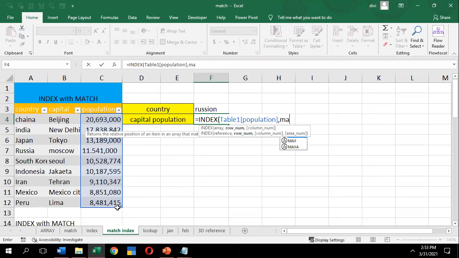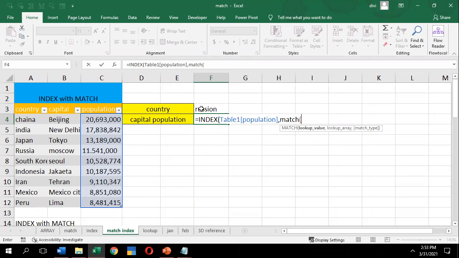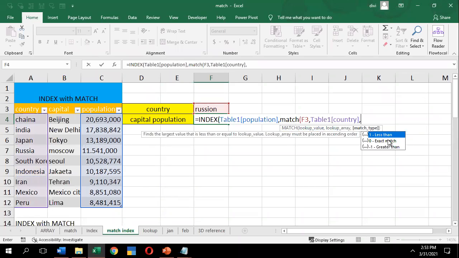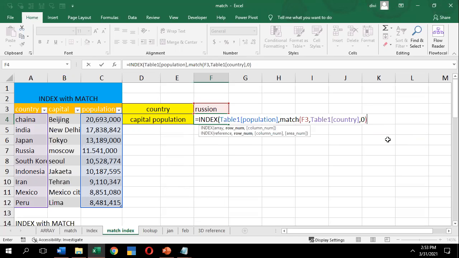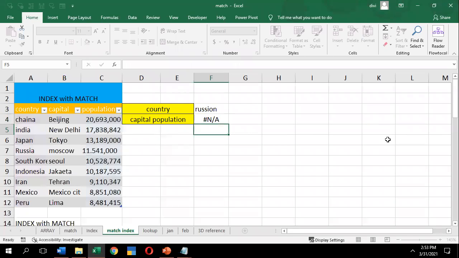So you go with MATCH, open the parenthesis, and select the name of the country, Russia. The Russia spelling is wrong, let me correct it after completing this formula. F3, comma, lookup value, which is the country name, comma. Under that, I want the exact value, that is 0. Close the brackets twice and click enter.